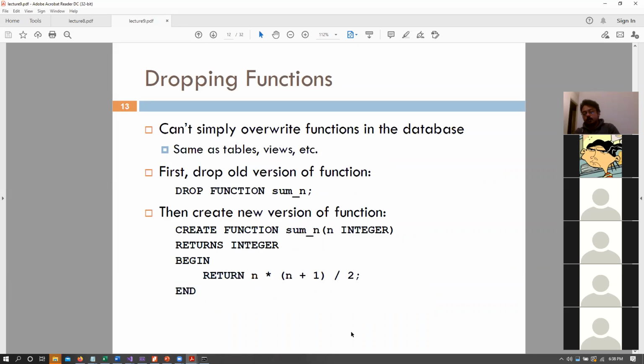So those were basically examples of functions. We will look into functions a lot more in this set of slides. But one thing to remember about functions is that